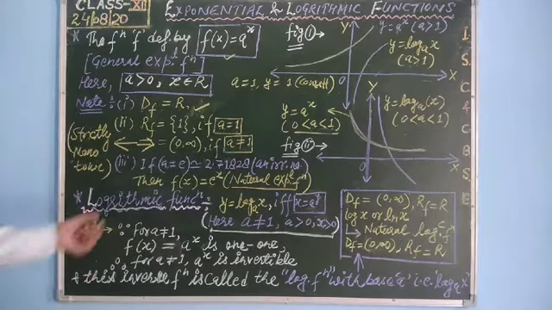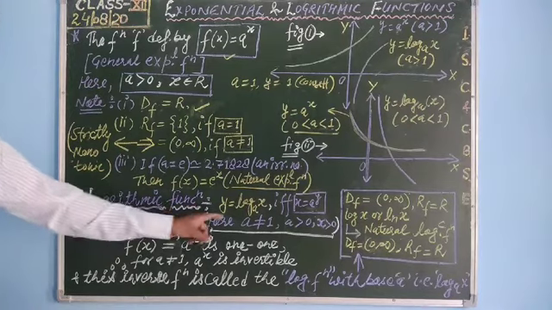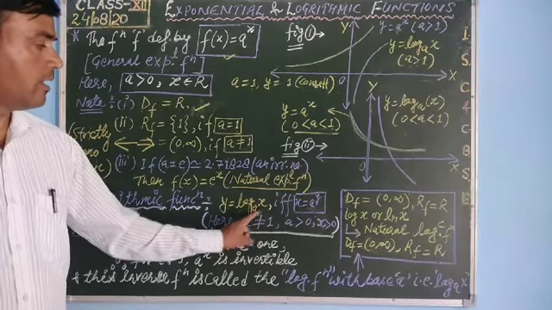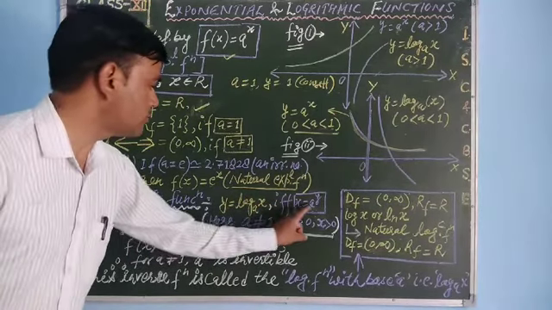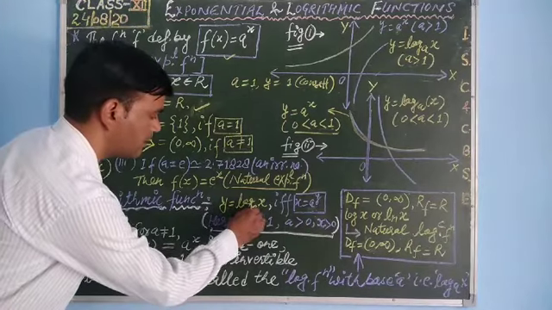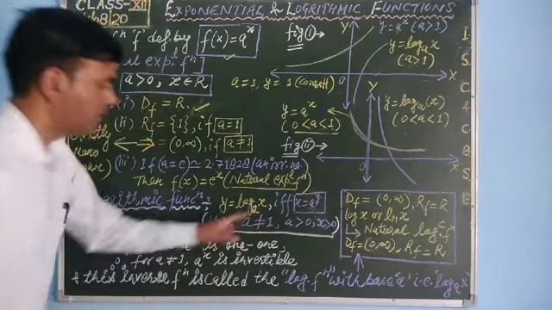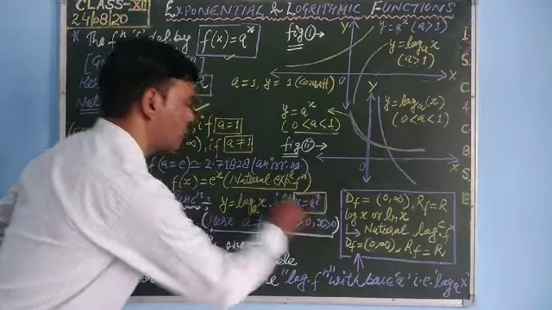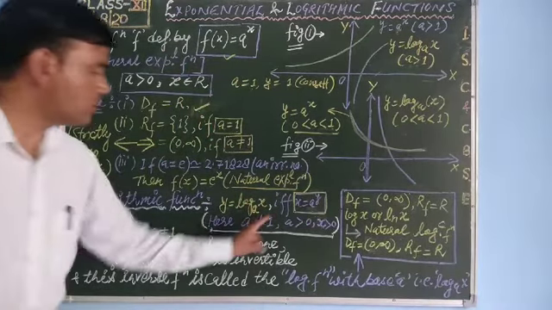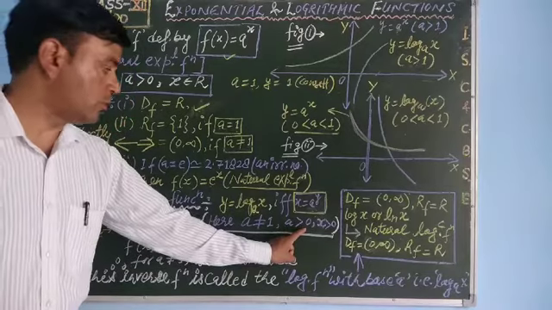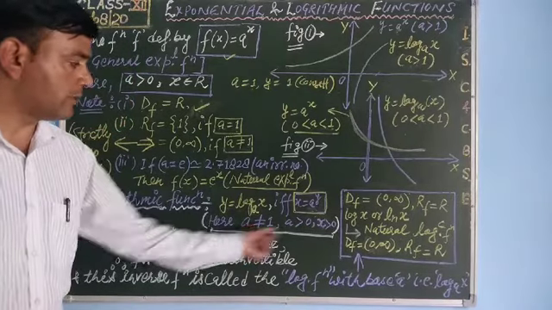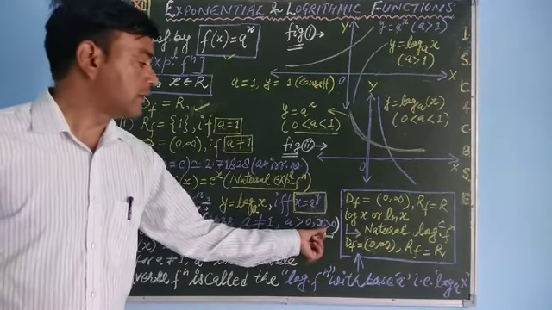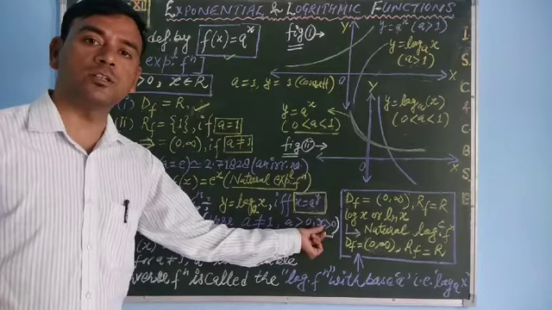Now come to the second type of function, that is the logarithmic function, defined by y equals log x base a, if and only if x is equal to a to the power y. That means a is the base, and a to the power y is always equal to x. This is the condition for a logarithmic function. Here a is not equal to 1 and a is greater than 0, it means a never equals 1, a is always a positive real number, and x is always greater than 0, it means x is a positive real number.